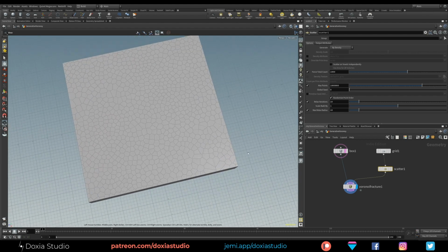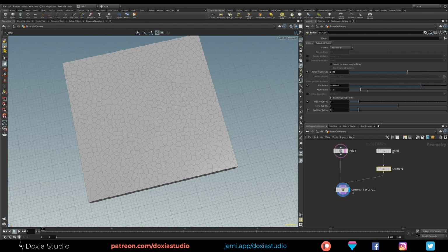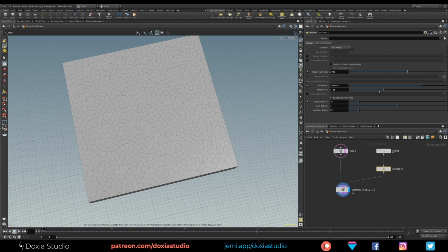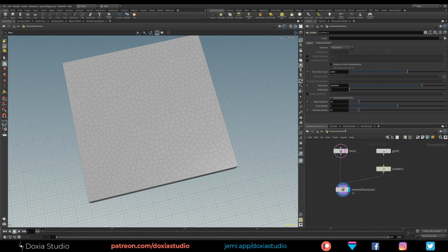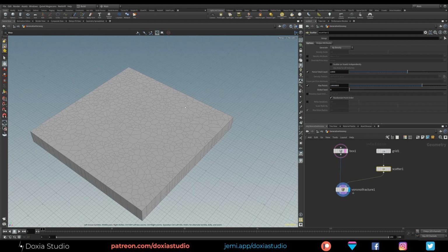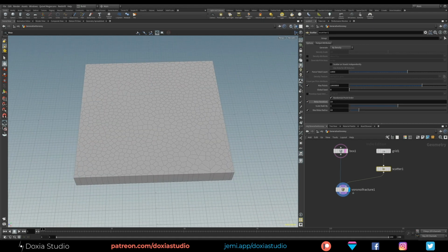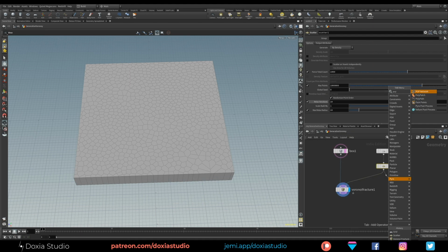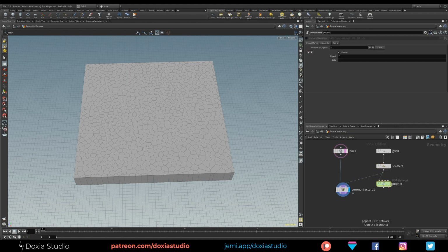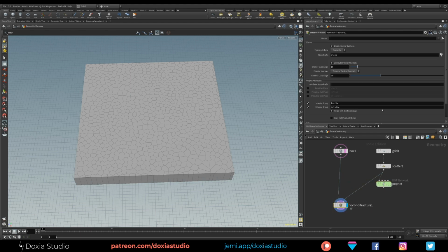So now let's move our points, and if we move our points, our Voronoi will change. So let me show you a quick way to change the global seed, and you can see that our Voronoi is changing. Okay, so let's turn off relax operations. Let's leave it with relax. So let's move our scatter points with our PopNet. So we will have particle simulation controlling our deforming geometry. That is the main purpose of this tutorial.